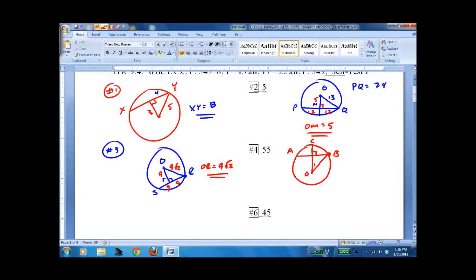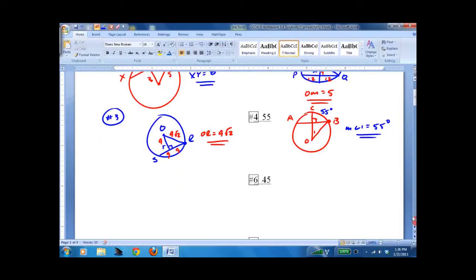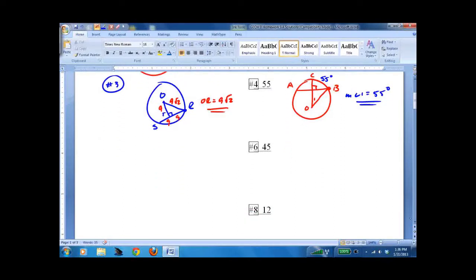So for number 4, we're told that arc ACB, this whole arc from here to here, is 110, so we know that half of that is 55, and therefore angle 1 is 55 degrees. Number 5,